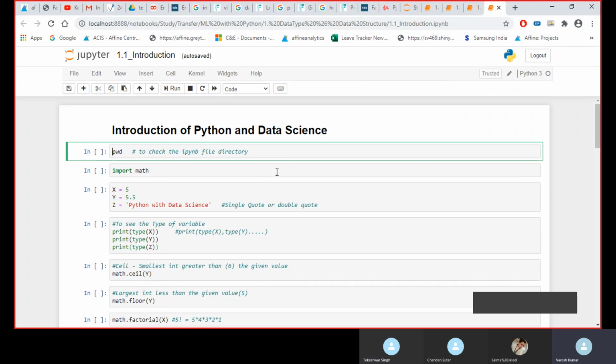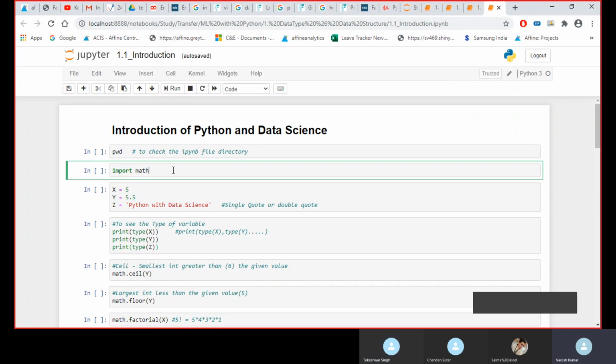So basically, as I told you, every task that we do in Python related to data science, most of the time we would be leveraging a package or a library. Unless you are writing your own function for that task, you don't have to call these packages.